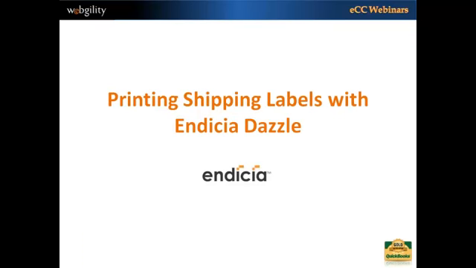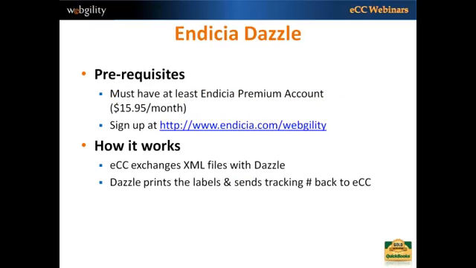Jumping now from UPS WorldShip over to Endicia Dazzle. So Endicia Dazzle is an application that's available for processing shipping labels for USPS. eCC integrates with Endicia Dazzle using one of the Endicia Dazzle accounts that you have set up. So in order to do that with Endicia Dazzle, what you've got to do is sign up for an Endicia premium account. A premium account runs at about $15.95 a month, and to sign up for an account, you can